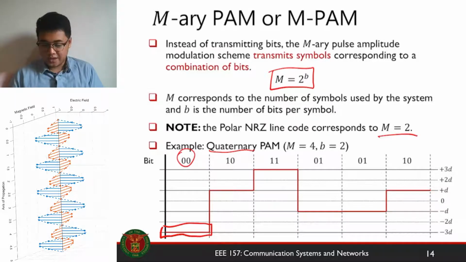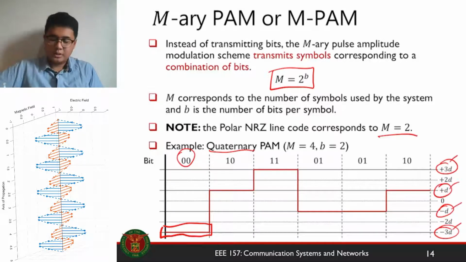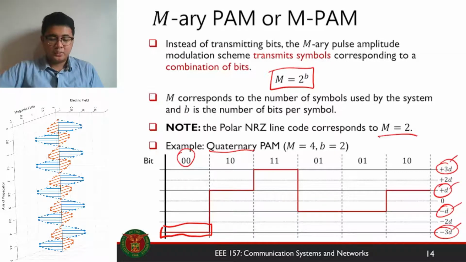So we have plus 3D, plus D, negative D, and negative 3D. And this is how your M-ary PAM works. Because of this, if we take the different symbols and map them on a number line, we get what we call a constellation, but